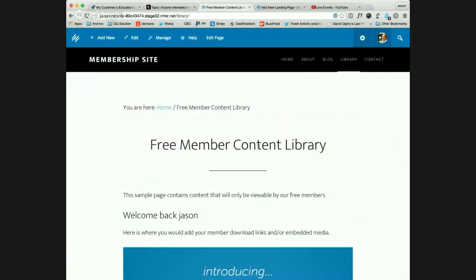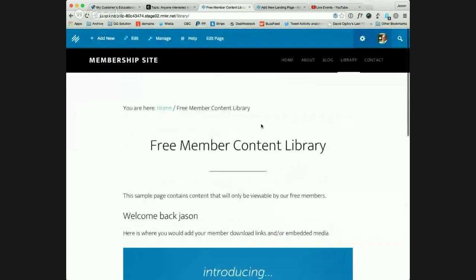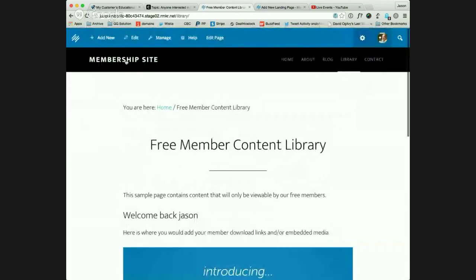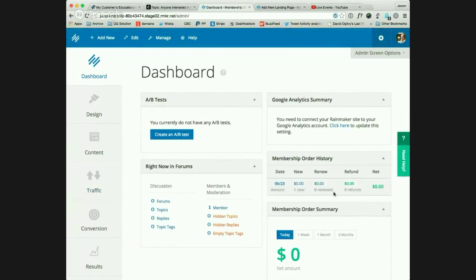So here's the library, and because I have access as an administrator, I am able to see everything. But you could always add a call to action, or you could do really however you prefer, because you're going to basically, your funnel